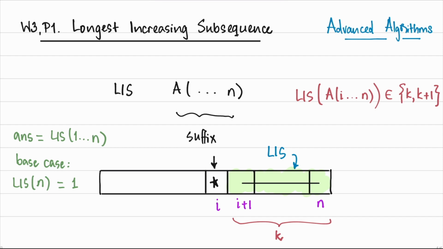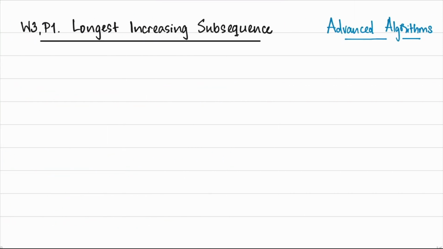So we know that our answer is either k or k plus 1, but the $1 million question right now is, which one is it? Should we add 1 or should we not add 1? And what do we need to know to be able to make this decision? Like I said a moment ago, the question is there